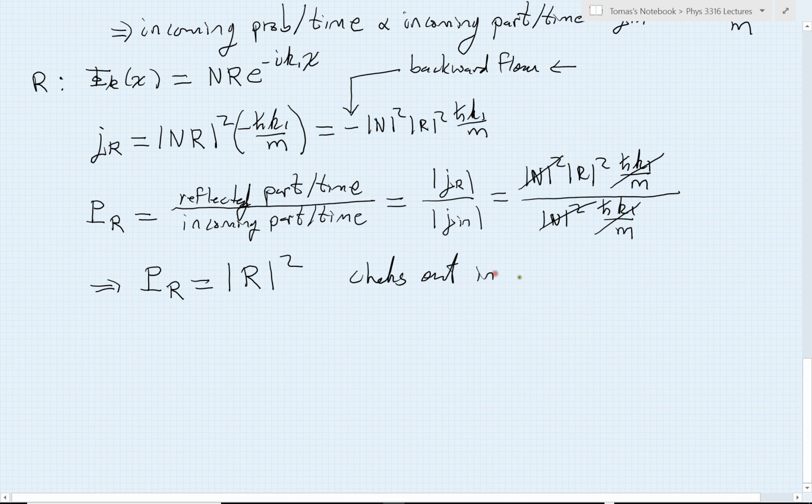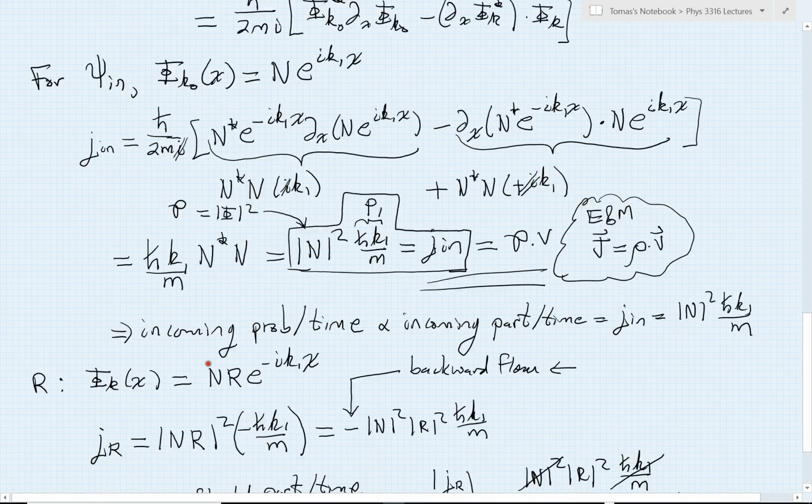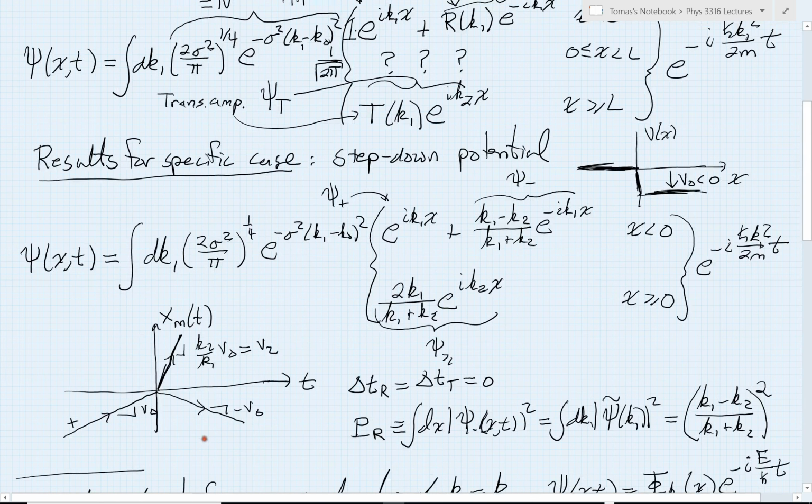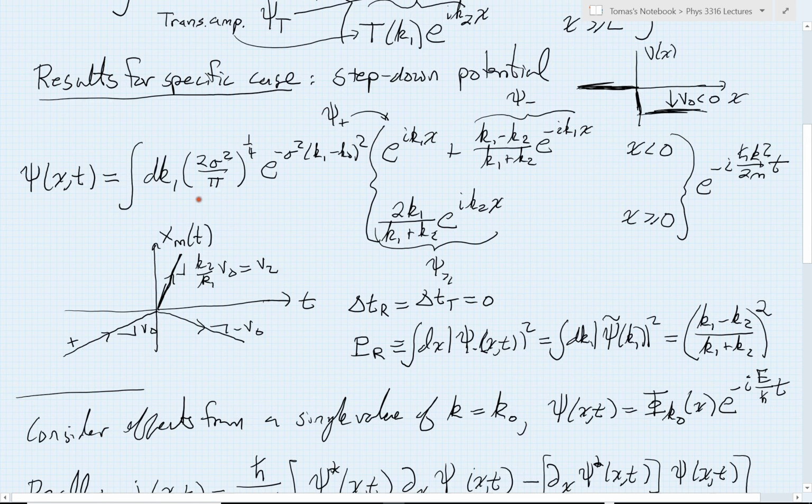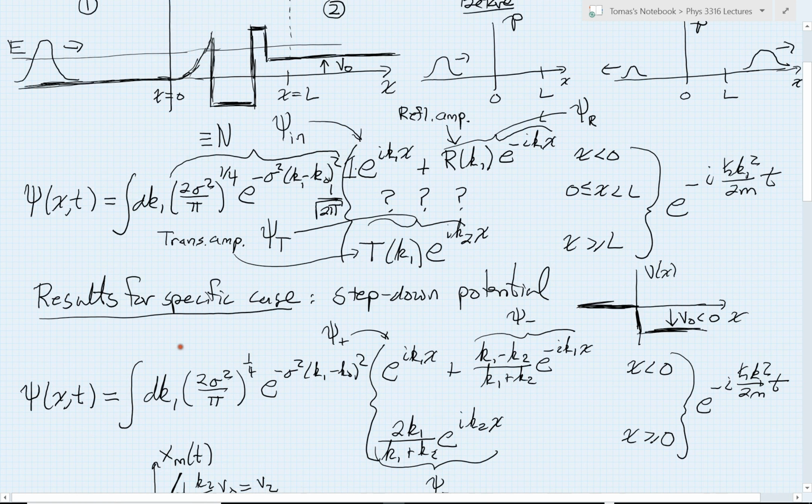So this checks out in the step-down case. Now, if you're still not convinced, you can go back and look at how we actually carried out the proof for the step-down case and the manipulations we made. You will see that they apply just as well to this more generic case without all the details being spelled out. You can carry out the same analysis to make a final formal proof that these two methods agree.